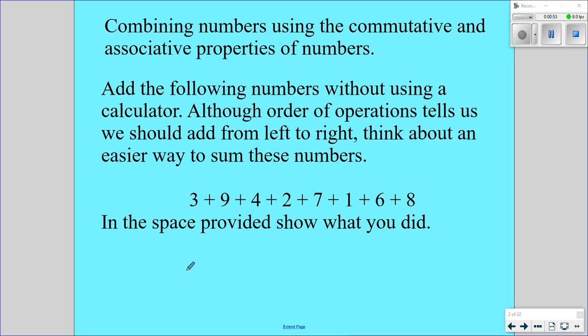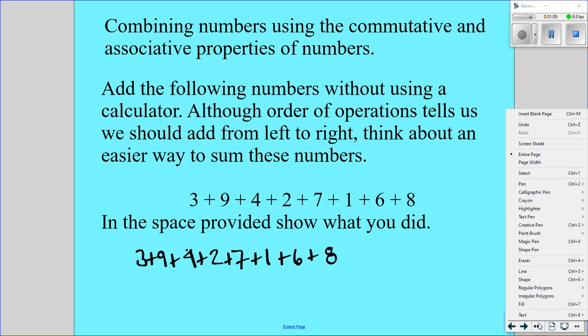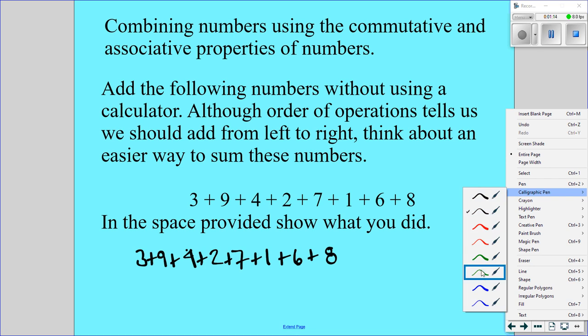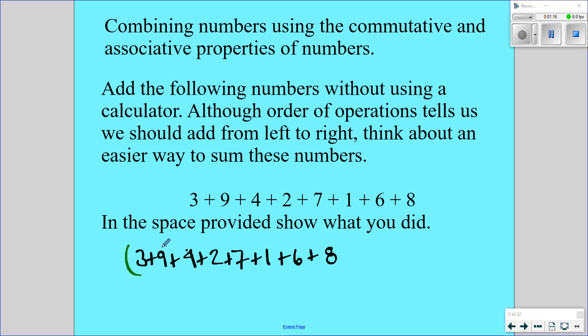So one example would be, when I rewrite the numbers, and then going to group them. Well, the way I would do it is I would group them and then from there I would add the groupings. So this would be 6, this would be 8, this would be 14,